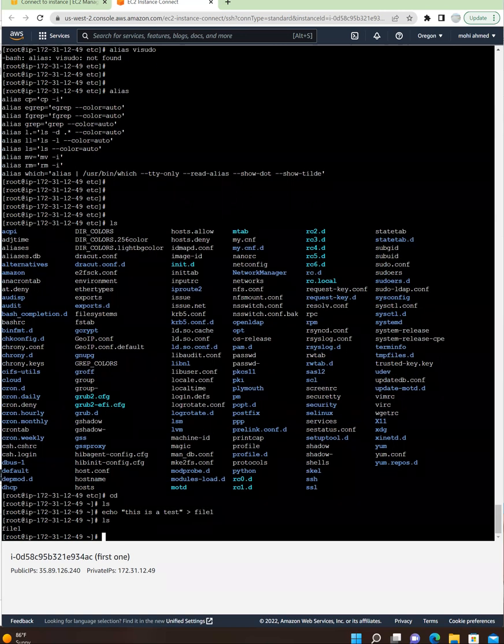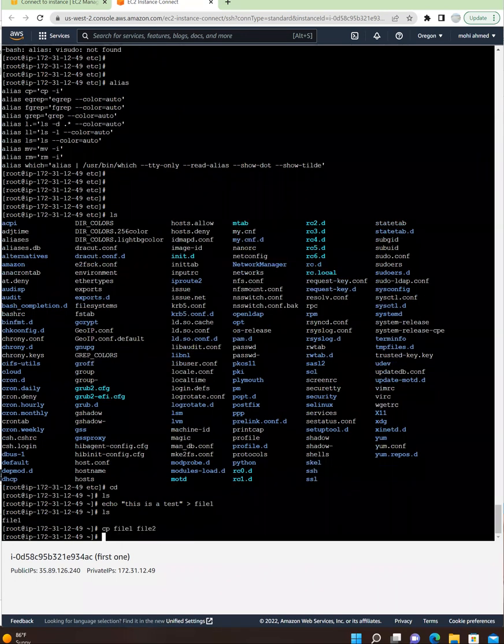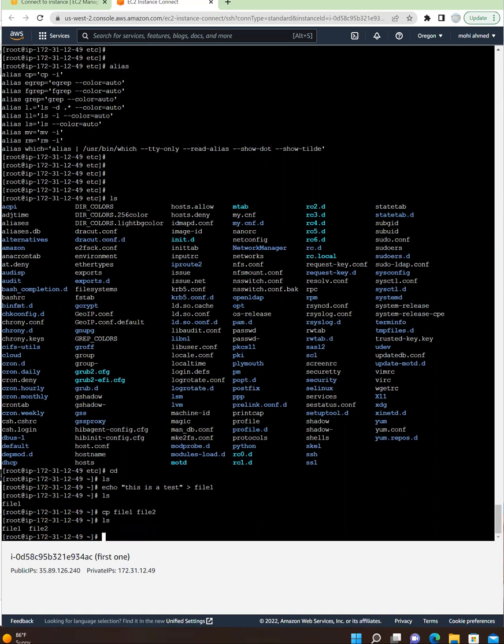Okay. So I do cp file1 file2. See, the system doesn't complain. Why? Because file2 doesn't exist, so it just basically creates a file. Now if I want to do it again,